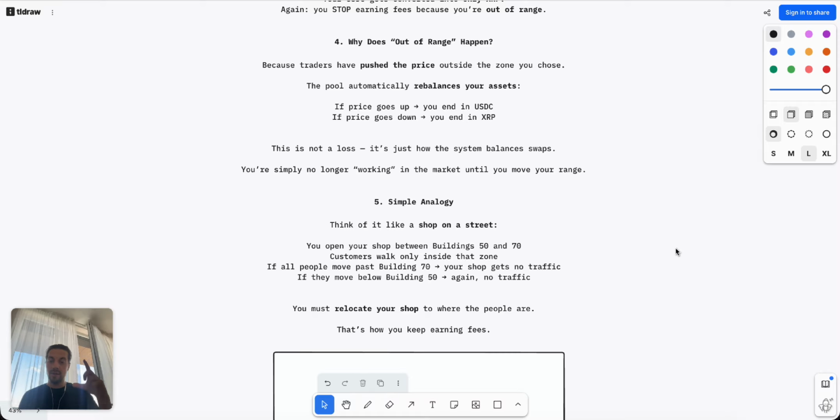If you made the range very wide, like if XRP is now $1 and you make the range 30 cents and $5, which is a massive range, then once again, your capital isn't as effective. It's not working as effectively. Yes, you stay in range for a long time, but you will be earning less yield because most of the trading happens on a bit of a smaller price range. So your goal is to determine what is the best possible range to set on your positions and